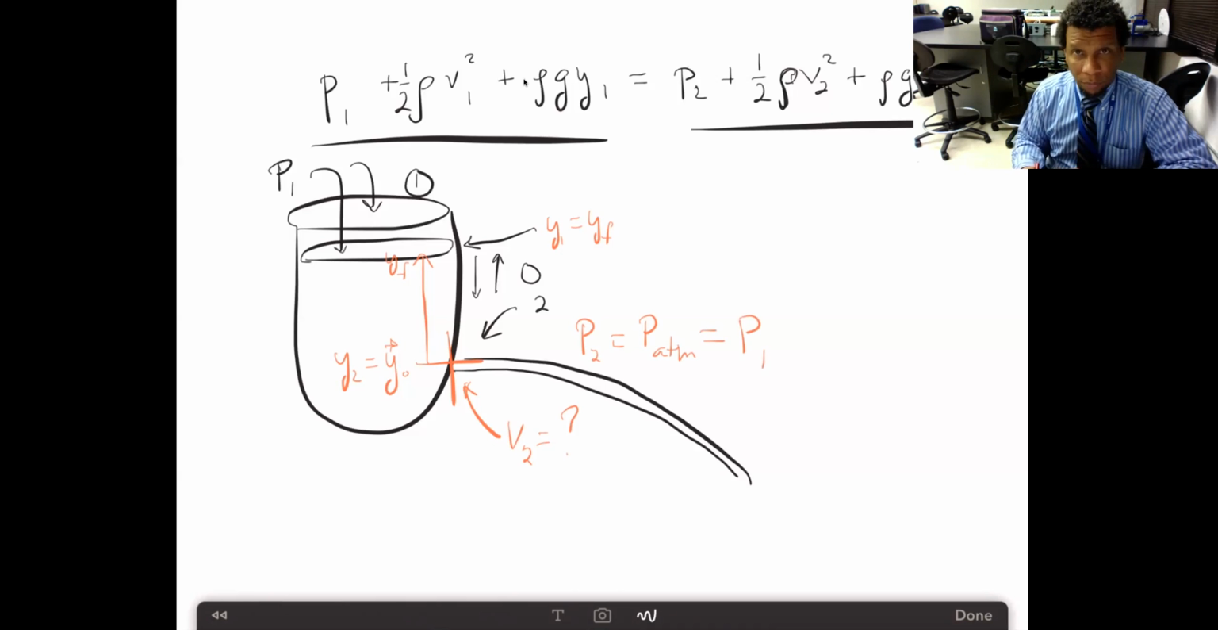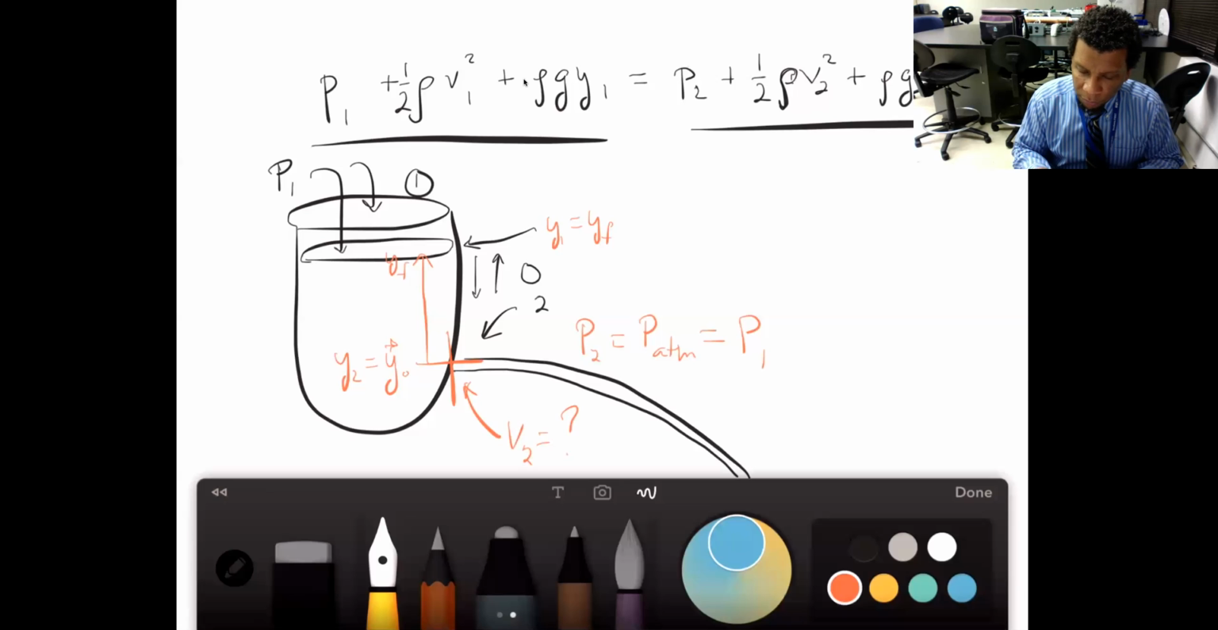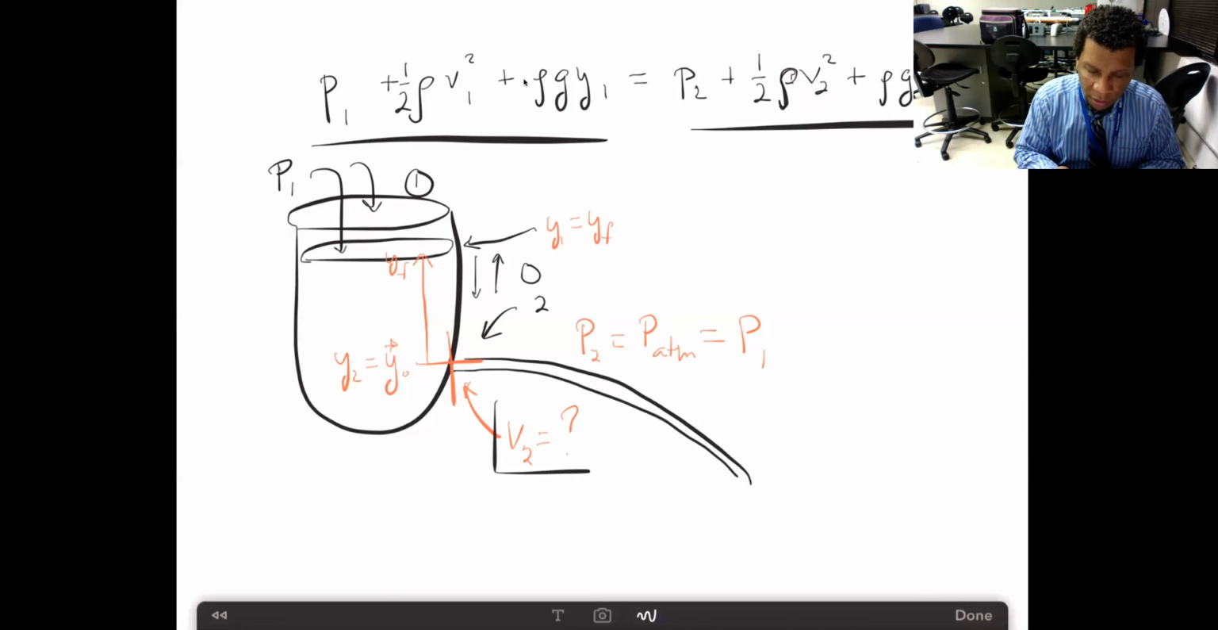So this is where we're going to go with this particular, well, this is the theory that's governing this kind of experiment. So what do we want to solve for? Again, we want to solve for the velocity